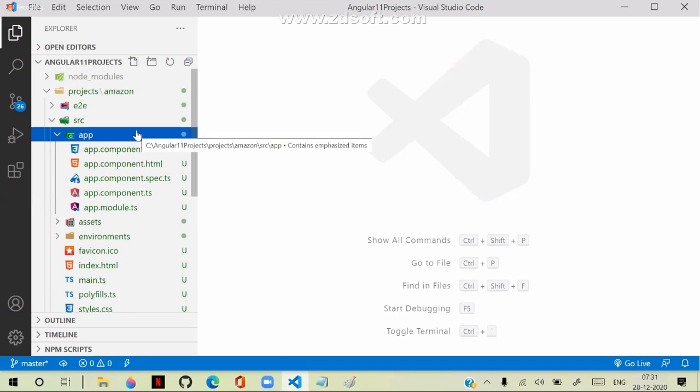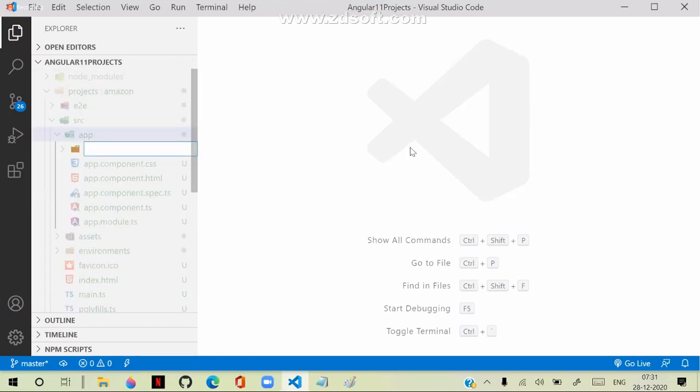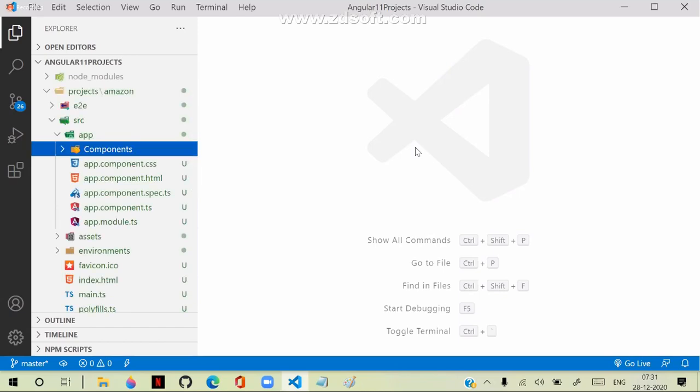In this app folder, we will create a new folder. Let's name this folder components. It is good every time to organize all our contents in relative folders: all components at one place, all services at one place. You can add directly also. I'm just keeping it in a separate place.